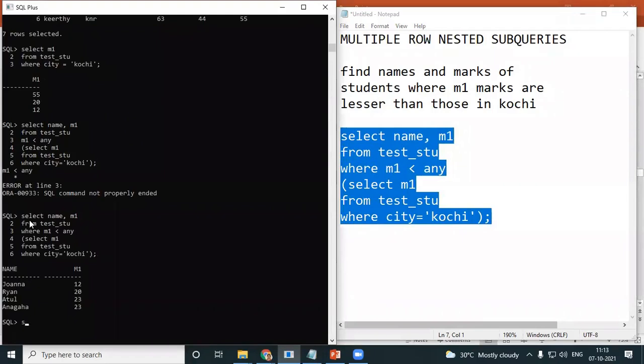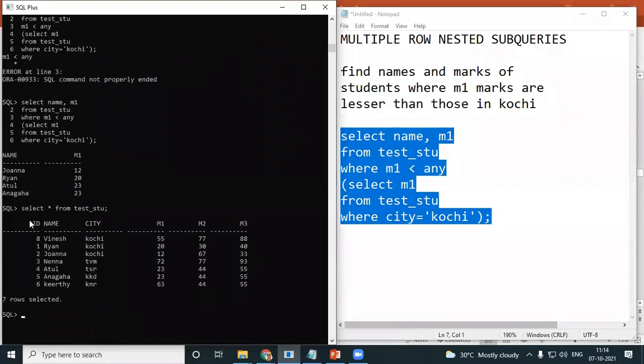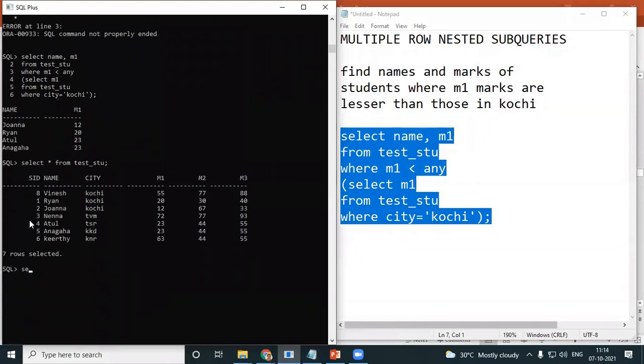Okay. Just cross check, select star from test_stu. I'll even give my Kochi marks: select name, comma, M1 from test_stu where city equal to Kochi.